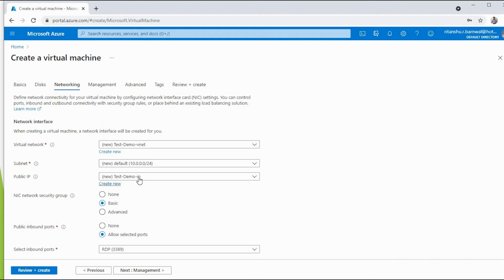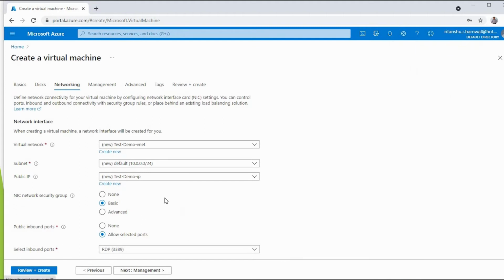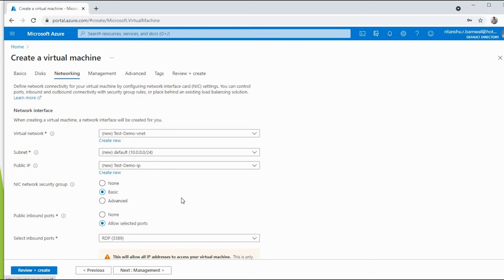The subnet will be created. The public IP you can choose if you want. You can give a standard IP, a basic IP, or a static or dynamic one. All the options are available. So as I told you, whatever options you can think of while creating the machine on premises, all the options will be available